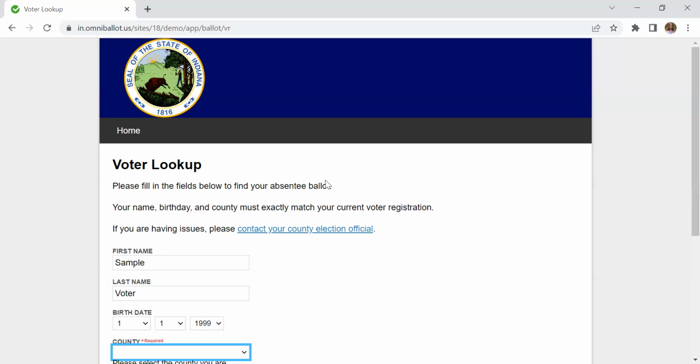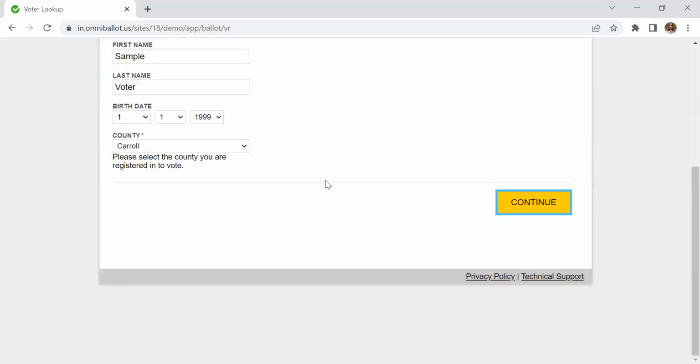All right, here we have our county options. So I'll scroll down to let you hear some of these. Adams, Allen, Bartholomew, Benton, Blackford, Boone, Brown, Carroll. All right, let's select Carroll. So I'm going to tab out of that combo box to select it. Forms mode off, continue button. And I'm going to press space to continue now that we've filled out all of these required fields.